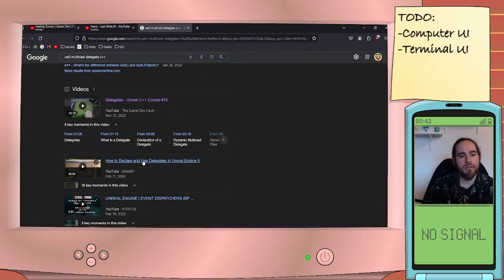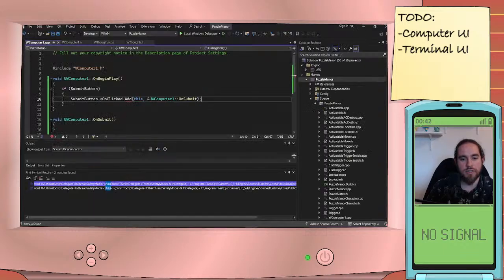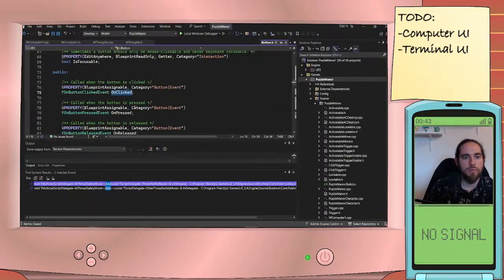Why are all delegates dynamic except the one that I'm trying to use? Why are you not a dynamic delegate? Why are you just a